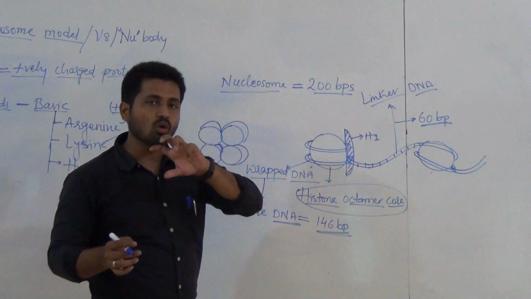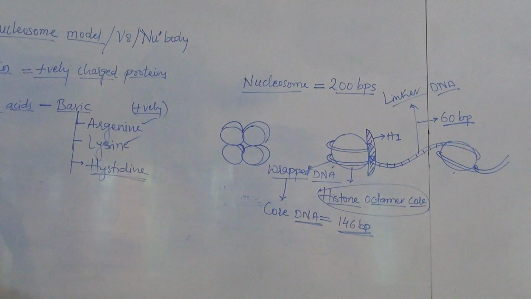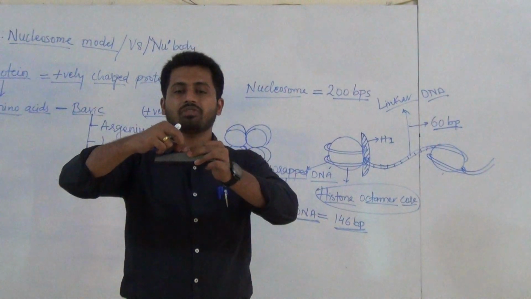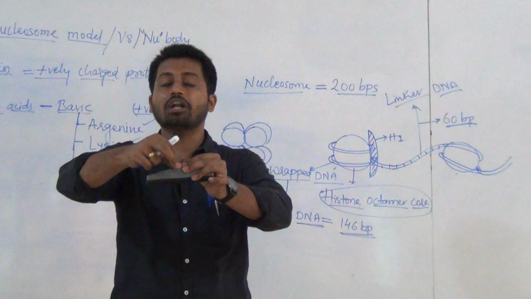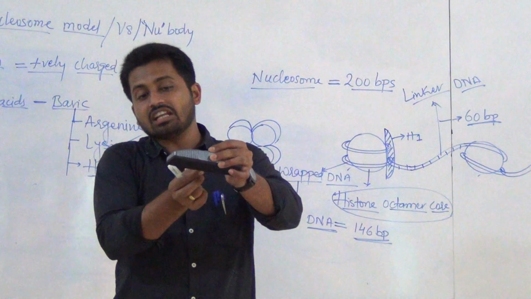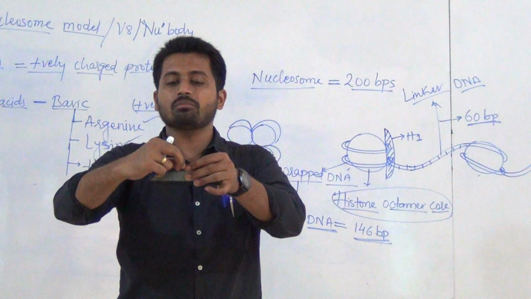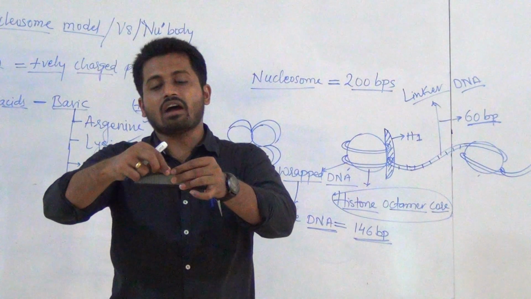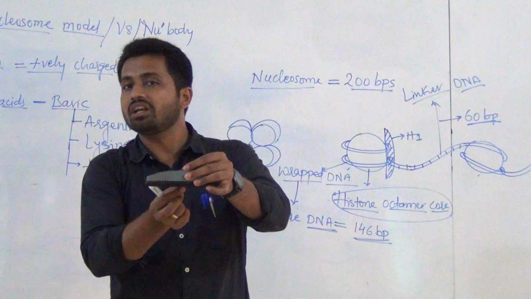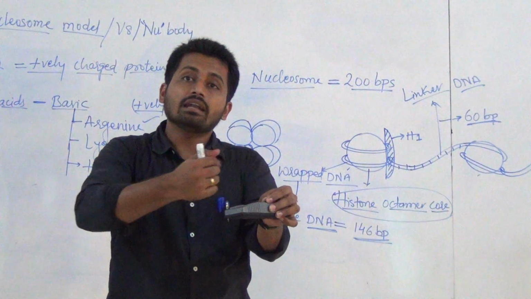Now coming to turns, how is DNA going to wrap around? Here DNA completes one turn. Simple example. Suppose this is the octamer. First DNA comes here and makes a wrap here, one turn completed. Again it comes like this and comes here. That is 1.5 turns. First listen, DNA started its turn from here and completed here, 1. After that, the second turn it is going to continue and comes here. It will be 1.5 and comes this side, and moves for the next nucleosome.